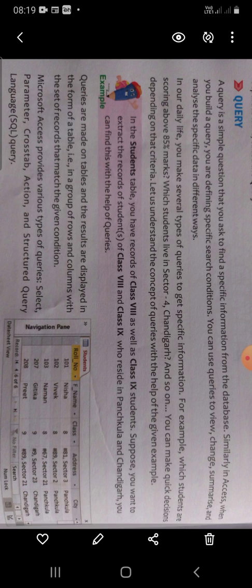Suppose we want to extract, that is access, the records of students of class 8 and class 9 who reside in Panchkula and Chandigarh. We can find this with the help of queries. Queries are made on tables and the results are displayed in the form of a table, that is in a group of rows and columns. As we know, a table consists of data in the form of rows and columns.